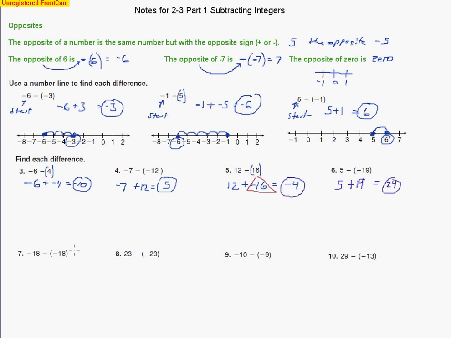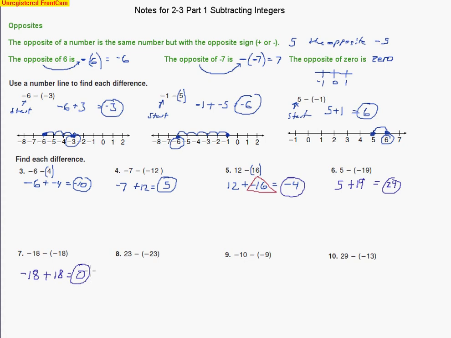Taking a look at our next one. Again, we're starting at the first number. We always start there, just like we did on the number line. We always start at the first number, but then we take the opposite of negatives. The opposite of negatives is positives, so we're going to end up adding 18. But when I add 18 to negative 18, I end up subtracting because they're opposite in sign, and I end